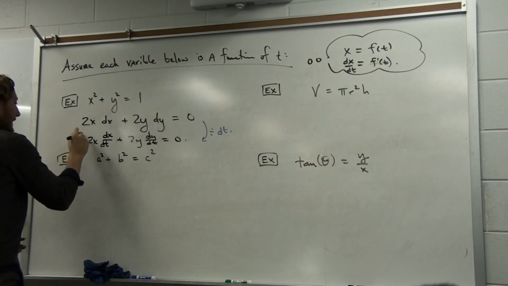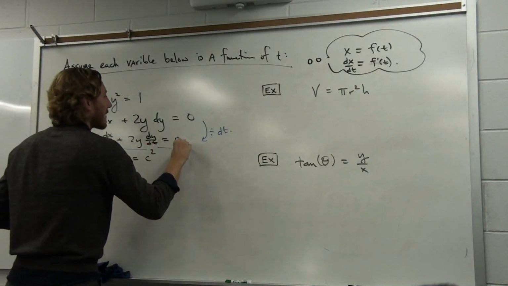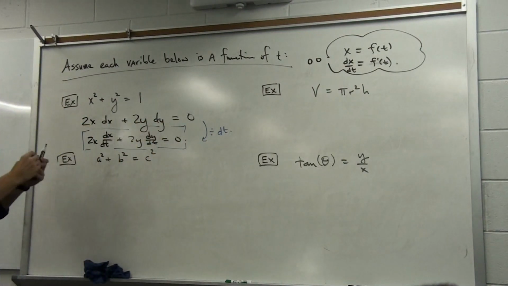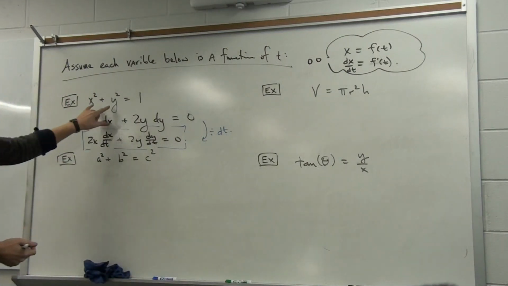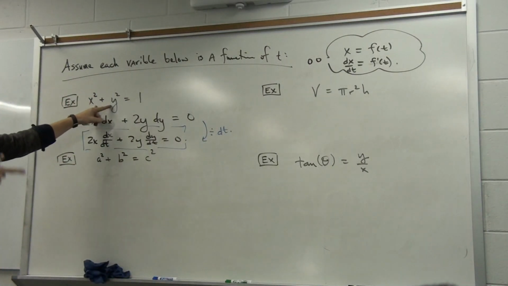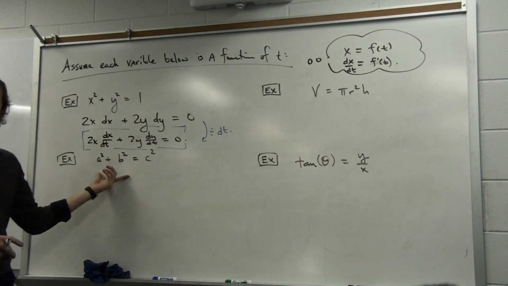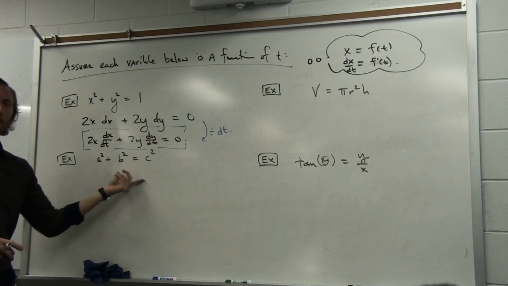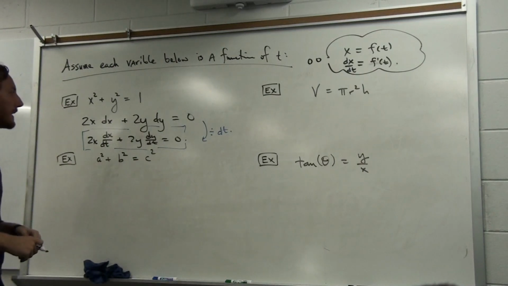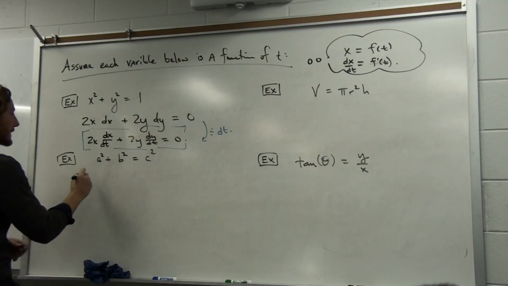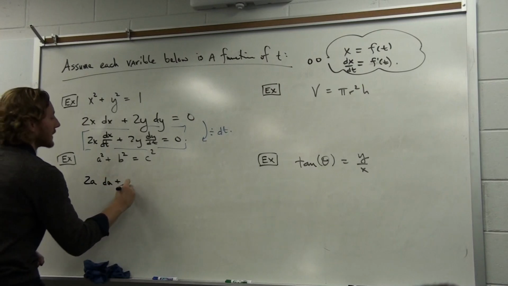And the long story short is, for our purposes at this point, let's just call this a complete expression of our original equation, not in terms of the original functions with respect to time, but now in terms of their derivatives. Take a look at this a squared plus b squared equals c squared thing. Think of each of these variables with respect to time. Well, because this is implicitly stated, you could take the derivative and you'd get 2a da plus 2b